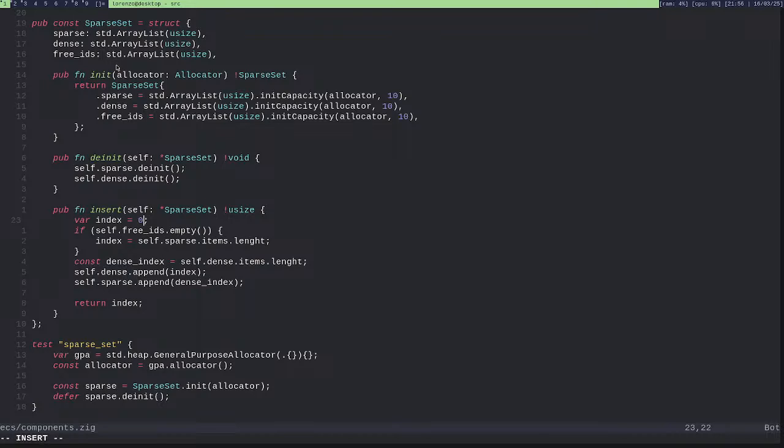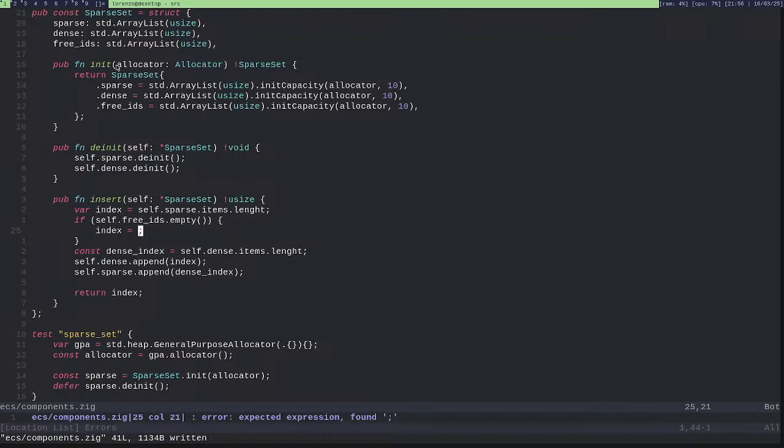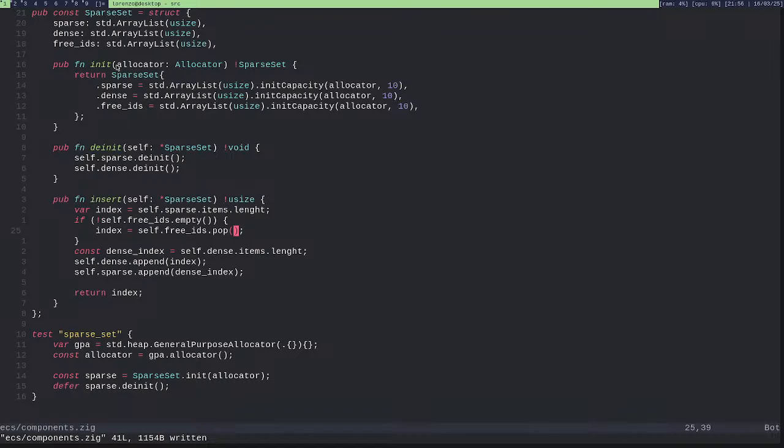Well, actually I can just do it the other way around. By default I will set it to this thing here, and if this is not empty, this will just be self.free_ids.pop, like this.